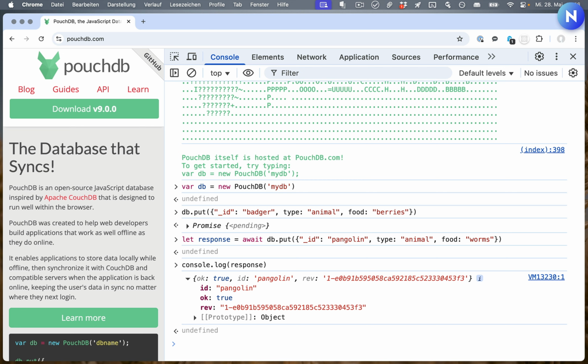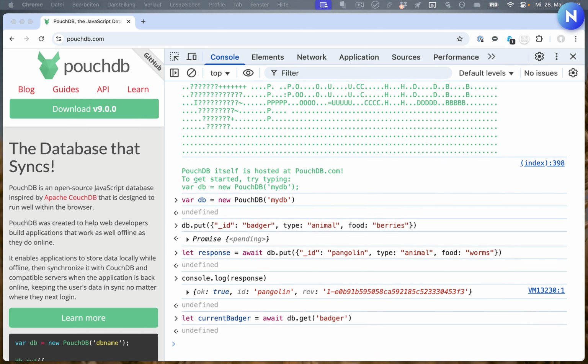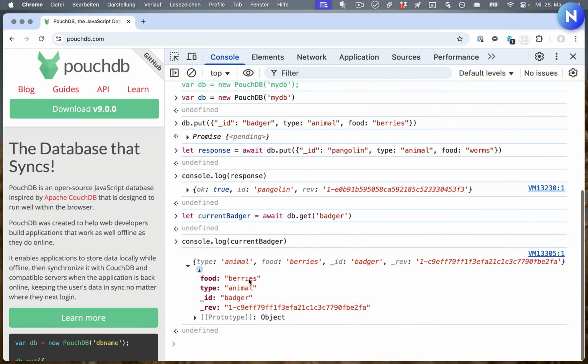The most straightforward method of getting a document from a PouchDB is actually by its _id. And since you already know that we have a document called badger, we can just use the db.get method to get our badger. Right, let's see what the current badger now is. Open that up. You can see all the information we put in here is there, but we also have a revision for the badger. This is also the first version of this document because we haven't done anything to it yet. So yeah, as I said, all documents in Couch or Pouch get a revision.